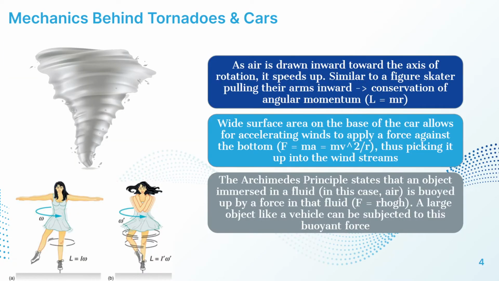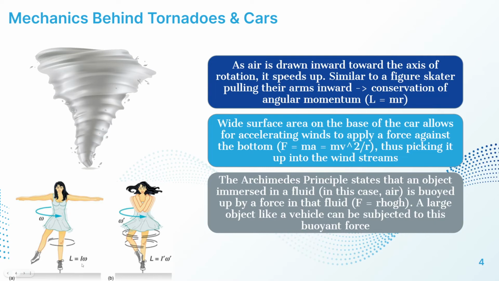So when air is drawn inwards towards the axis of rotation, the tornado will begin to speed up. A good analogy of this is a figure skater pulling their arms inward when they spin. So when their arms are stuck out, as seen in this diagram here, their rotational inertia is greater, which then